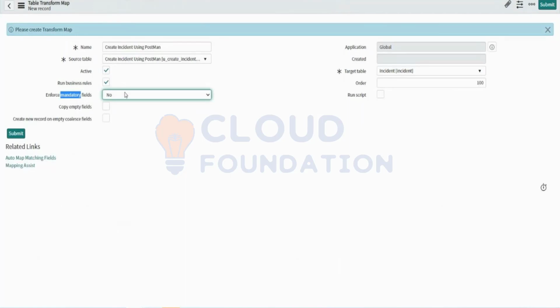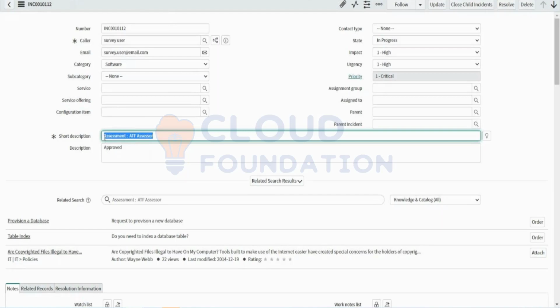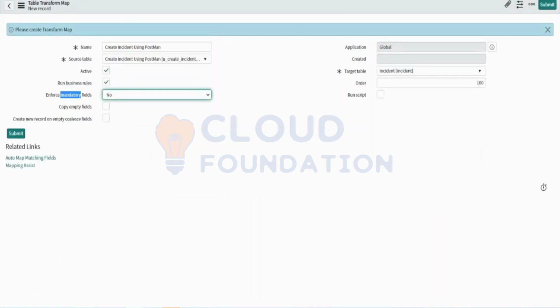Meaning to say, I'm sending data from a third party to ServiceNow, and meanwhile I'm checking if the data has the mandatory fields where it has to get mapped. So that's data policy. If I'm at the form level, making a field mandatory, read only and visible, that is UI policy.